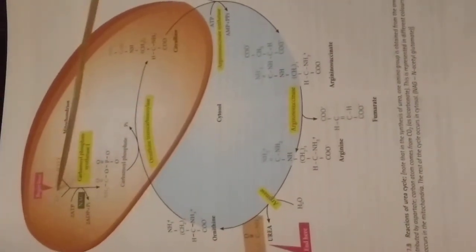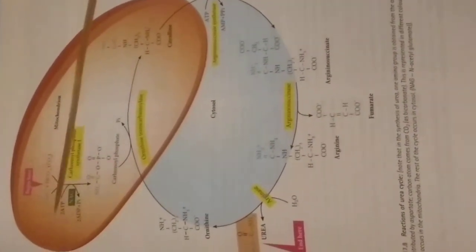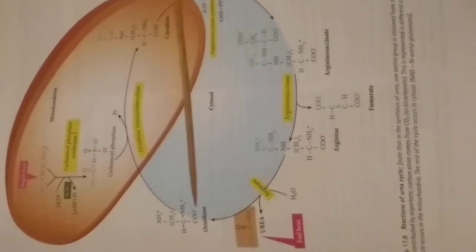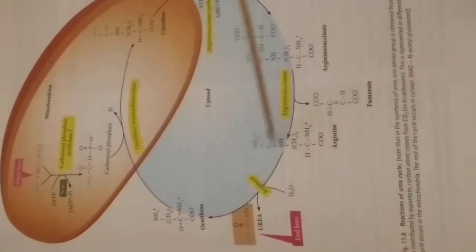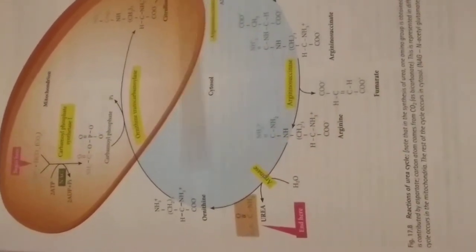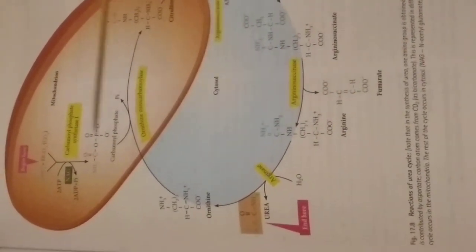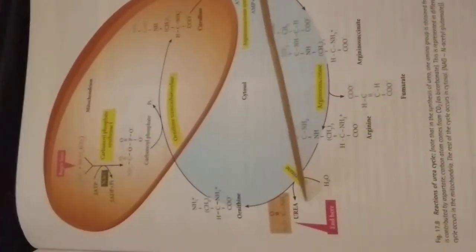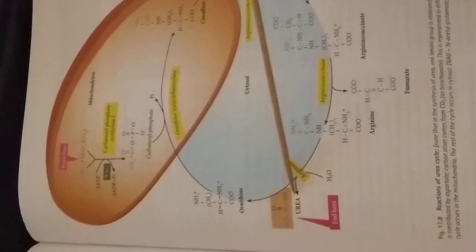Okay, so this is about the urea cycle, how ammonia is converted to urea with the help of all these enzymes. Actually, arginase is the only enzyme present exclusively in the liver cells. All the other enzymes are present in other cells, but this enzyme will be lacking. So up to arginine you can see formation in other cells, but urea will not be formed in other cells. It will be formed only in the liver.